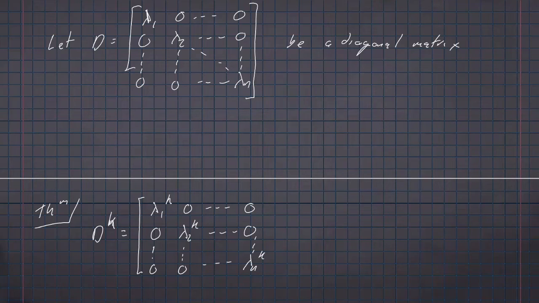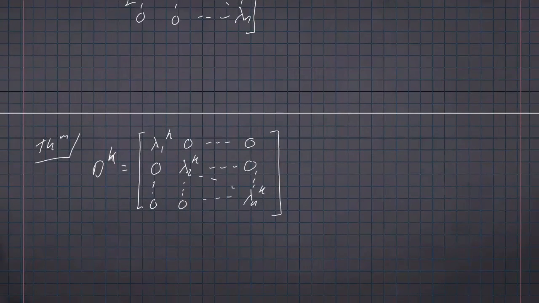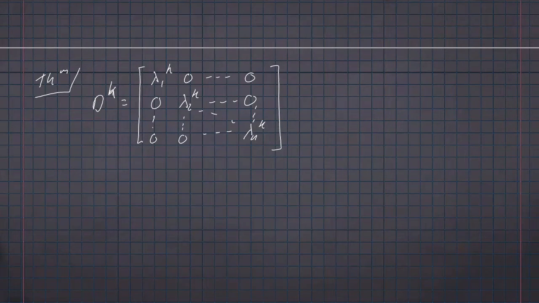All the other entries remain zero, so you still have a diagonal matrix. For the sake of time, I'm not going to try to prove this happens in general, but instead,